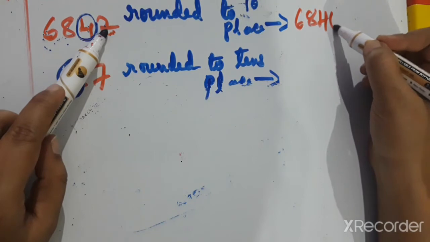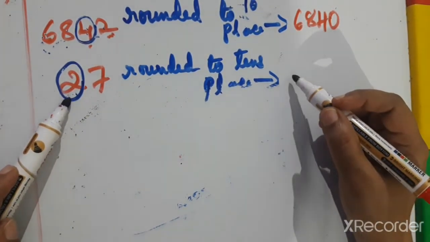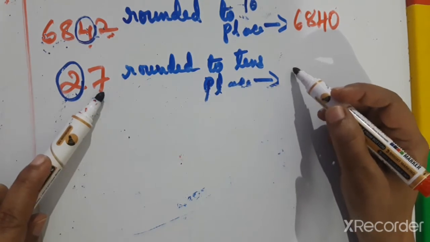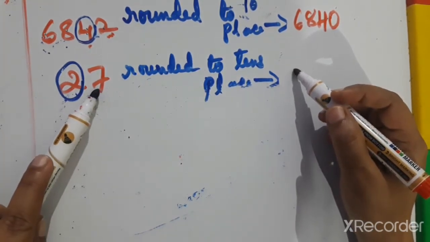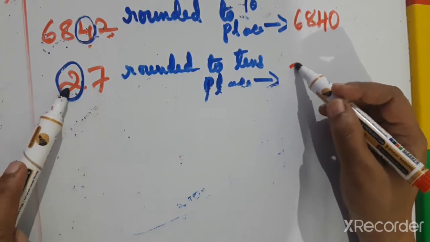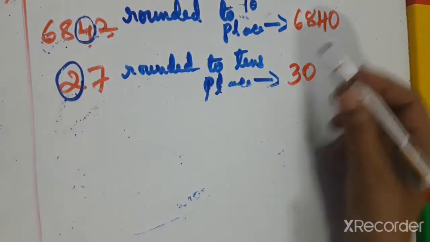And once the door is knocked, that person becomes poor. And for 27, we are rounding off the 7. We have to check the next number. If it is rich, meaning 5 or greater, he can get help. Here the next digit is 7, which is greater than 5. So 1 is added here, 2 becomes 3, and once the door is knocked, that person becomes poor. So now